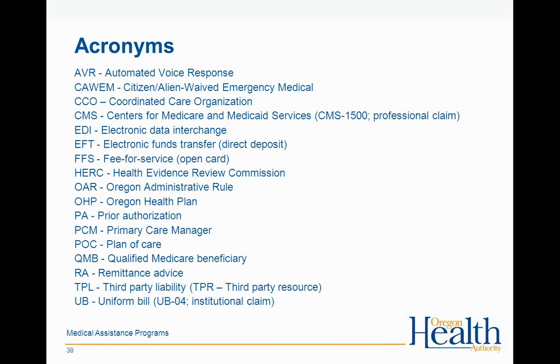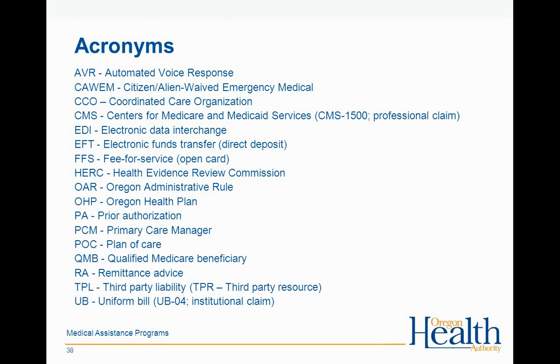Right, and I do want to go over some acronyms. We have gone over a whole bunch of them already today, so let's just look at some of the ones that we have talked about. There's only a few on this page that I didn't really go over. I talked about the CMS 1500 claim form, but I didn't tell you what CMS was. CMS is the Centers for Medicare and Medicaid Services. That's the federal agency that oversees Medicaid plans in different states.